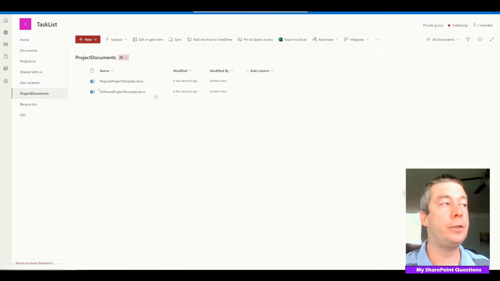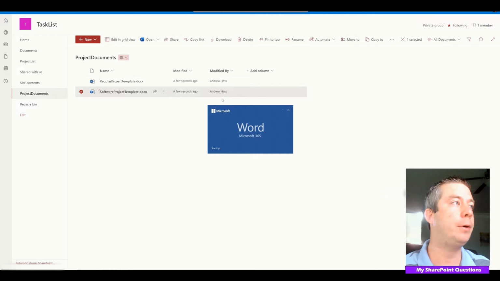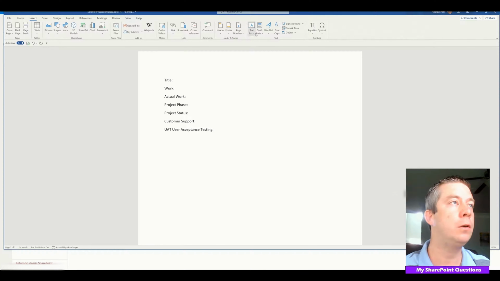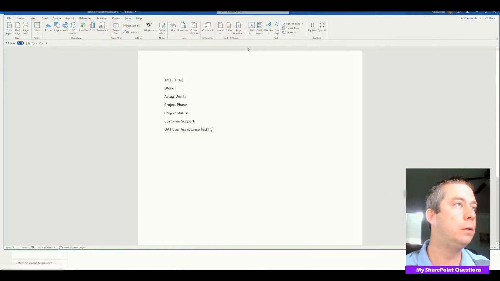All right, so now I'm going to do the same thing in software projects. I'm going to open in the app. I'm going to open in Microsoft Word. I'm going to attach the metadata by using Insert, Quick Parts. We're going to do the title,